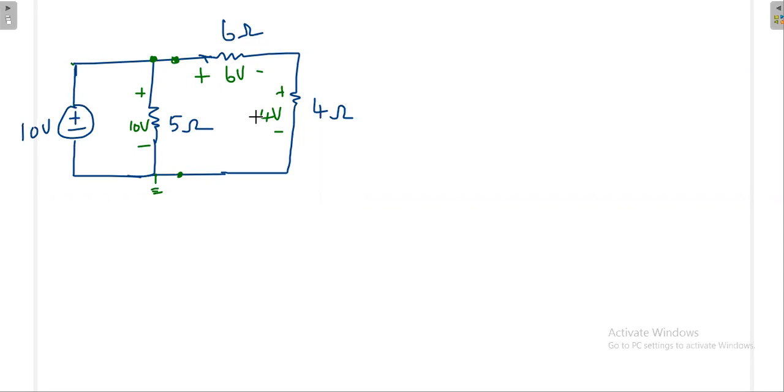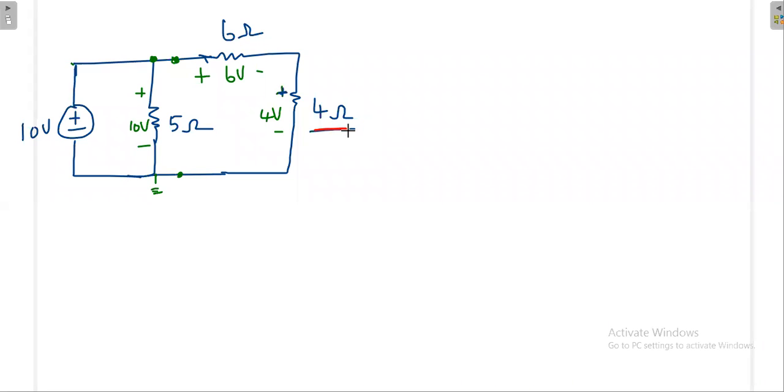Finally, you will get this answer. Okay, so 6 volt and 4 volt. Now what I am going to do, I am going to remove this resistance. I will remove this resistance, then I will see the performance because now my aim is, I am assuming this 4 ohm is my load. I am concentrating on the load.